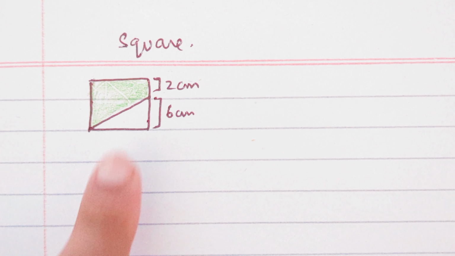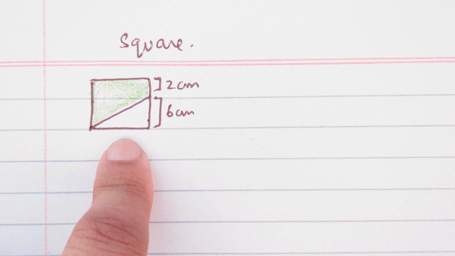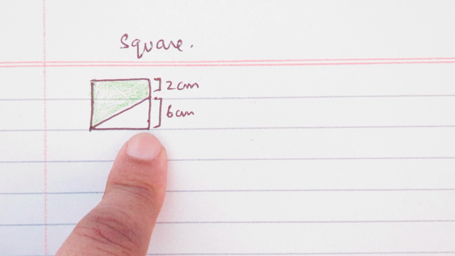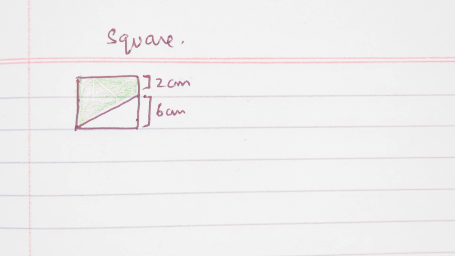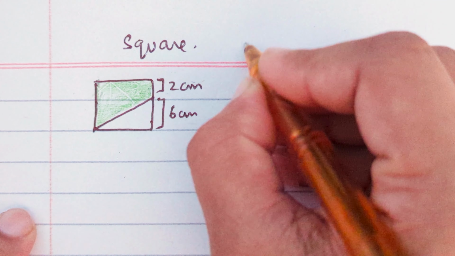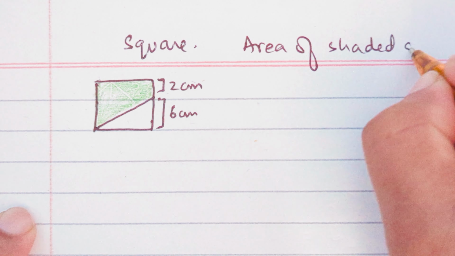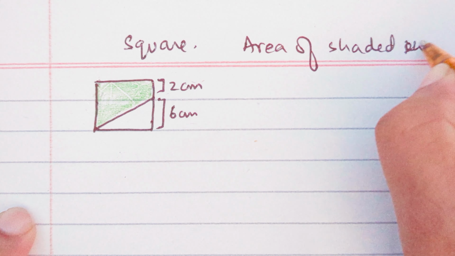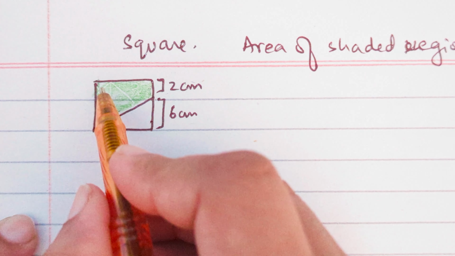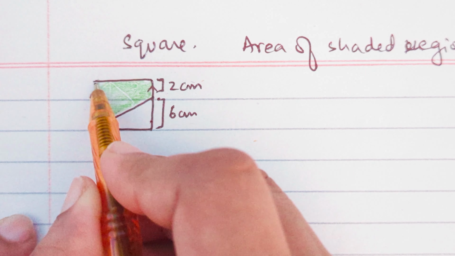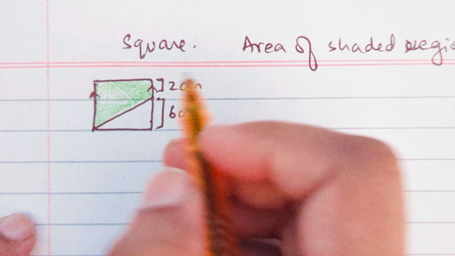That's all. Now let's take an example of a square which is divided into two parts. Some part of it is a triangle and the rest of the part is shaded. Let's say we have to find out the area of the shaded region. So how can we find the area of the shaded region? Now you can see the shaded region has parallel lines, so it is basically a trapezium. These two are parallel lines and these two are of different length.